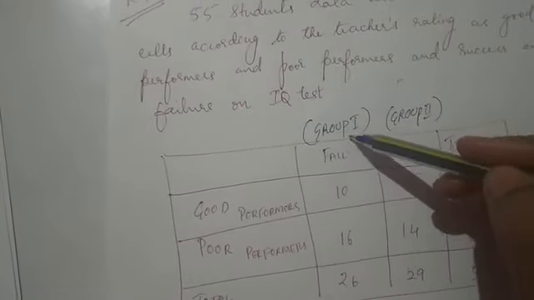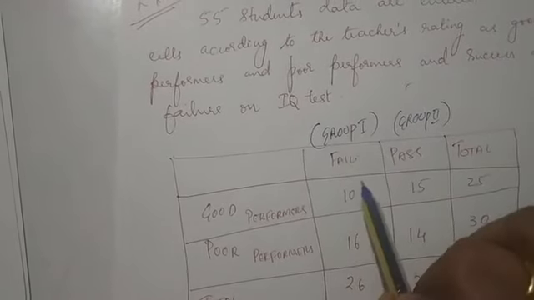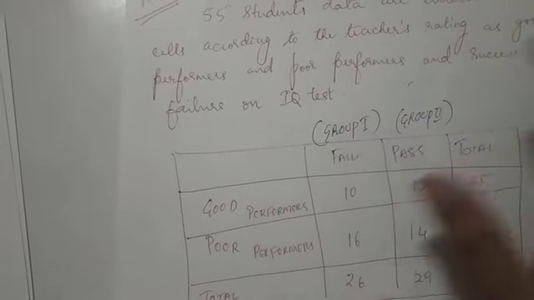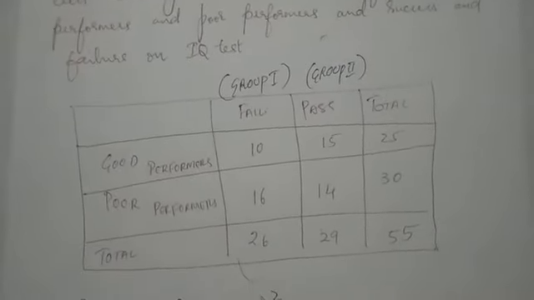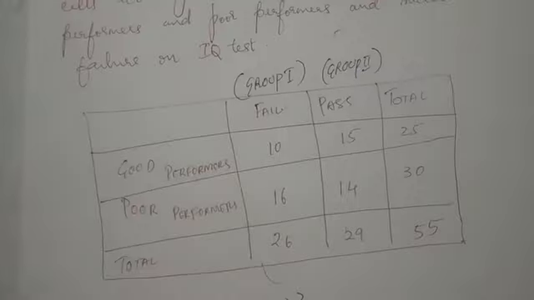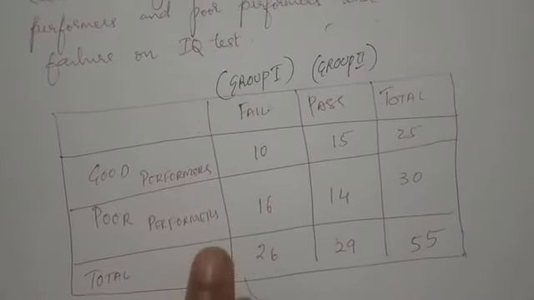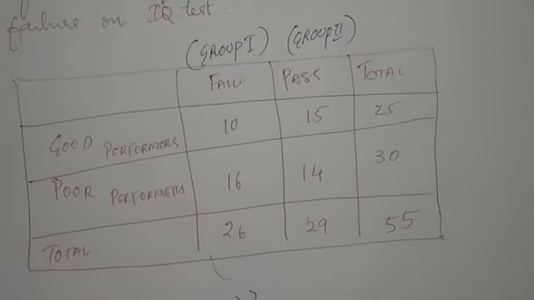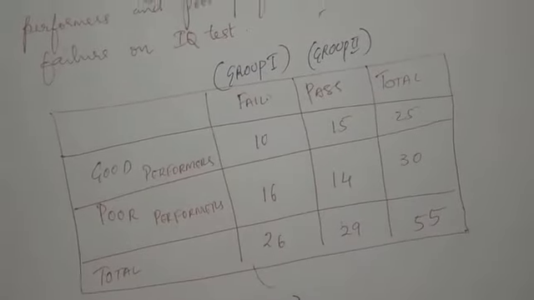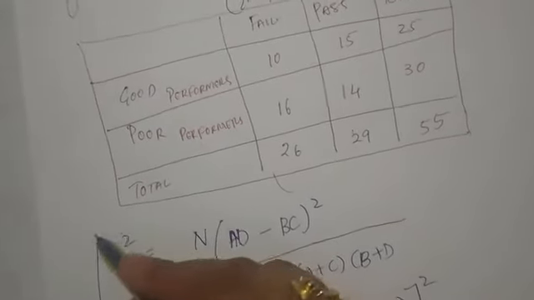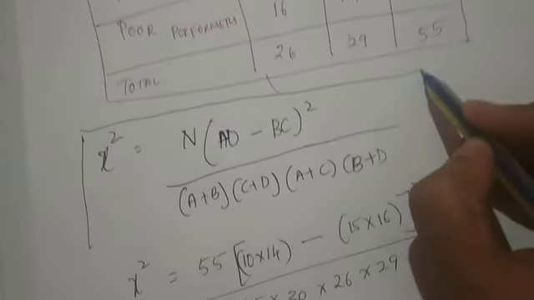Here under group 1, if this was given as 2 groups, then you would have to form the median for both groups and then find the scores falling under the good performers and bad performers. However, now the contingency table is itself made for you, so you just have to substitute in the formula and find the answer. The scores here are above 5, so you can eliminate n by 2. So the formula here is different. The difference is you do not have n by 2.